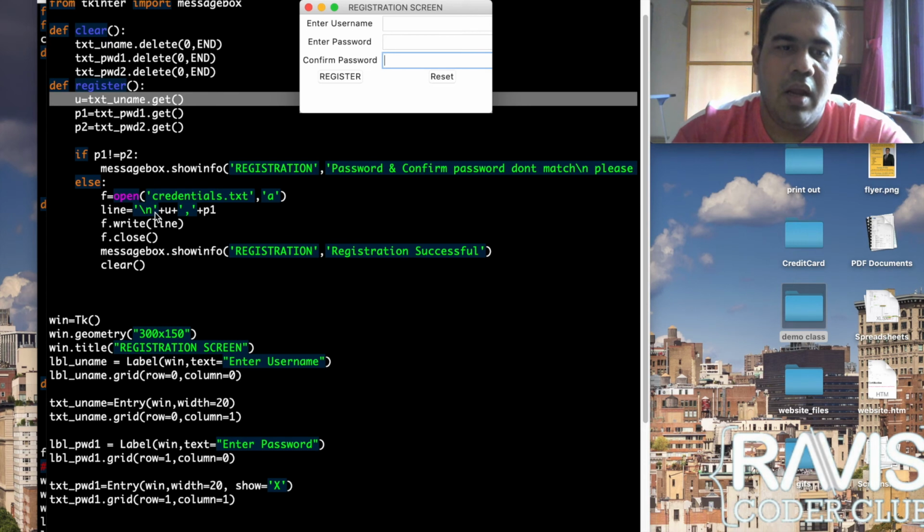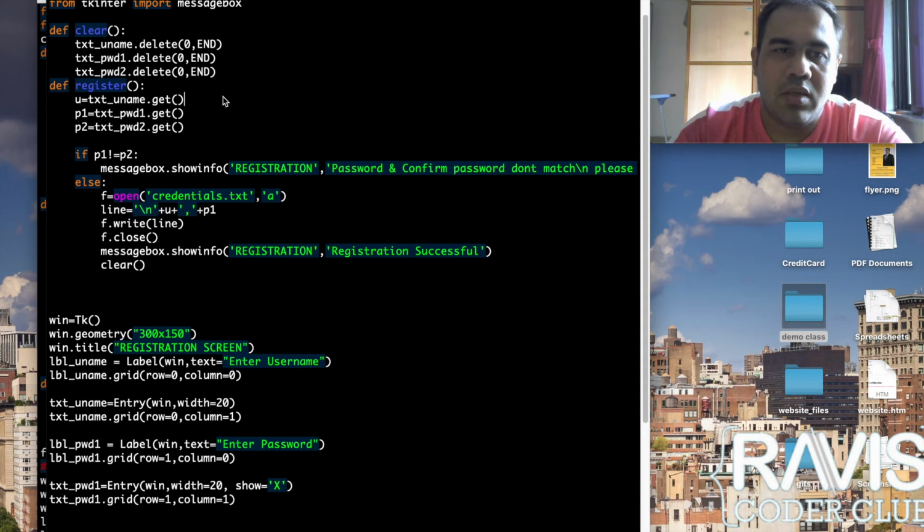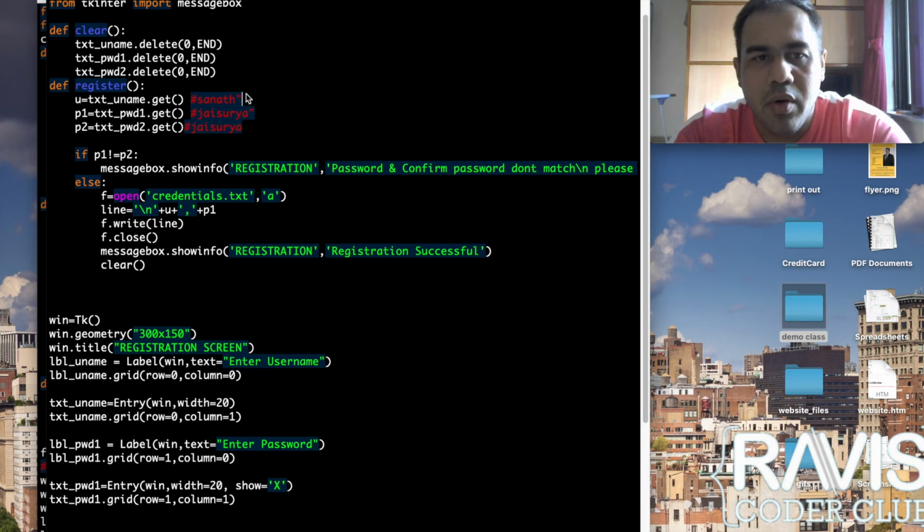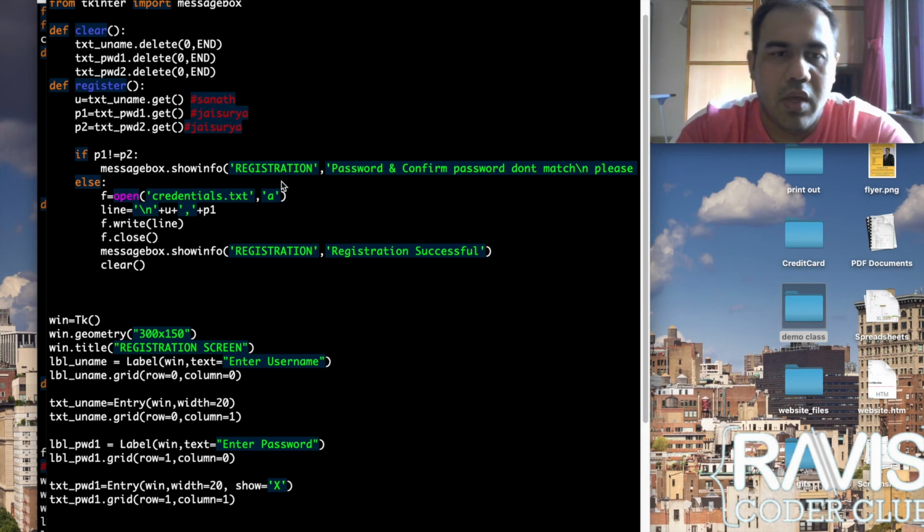And then it enters these details. Now look at this line. What does line get? If my U1 is say Sanat, I'll put a comment here, and my P1 is say Jayasuriya, and P2 is also Jayasuriya. We don't need quotations. So what will line have?